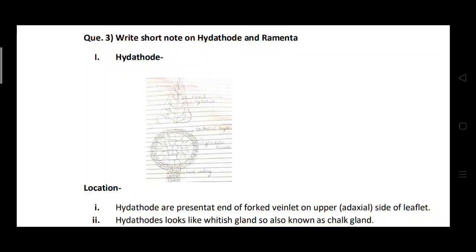Hello students, today we discuss the hydathode and ramenta. These are the structures which are found on the plant Nephrolepis. So first we have discussed the hydathode. So hydathodes